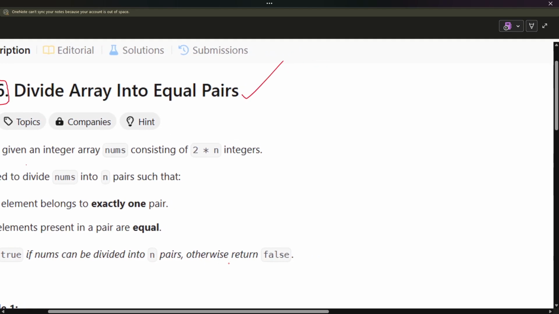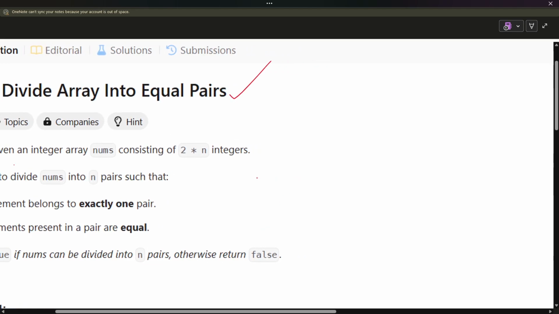So what does this mean? There are 2 times n integers, which means there will be even numbers only, right? Because 2 is an even number, and if you multiply it by any even or odd number, it will give you an even number. So there will be an even count of numbers, and we need to divide it into pairs such that every